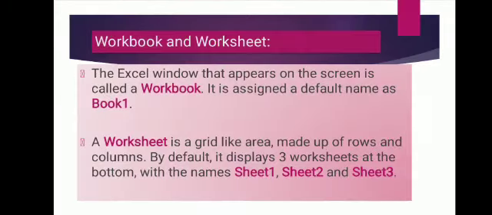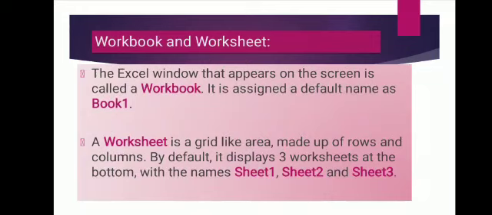Now about workbook and worksheet. A worksheet is a collection of rows and columns. When a row and a column meet, they form a cell, meaning the intersection of a row and column is a cell. Cells are used to record data and each cell is uniquely identified using a cell address. Columns are usually labeled with letters while rows are usually labeled with numbers.